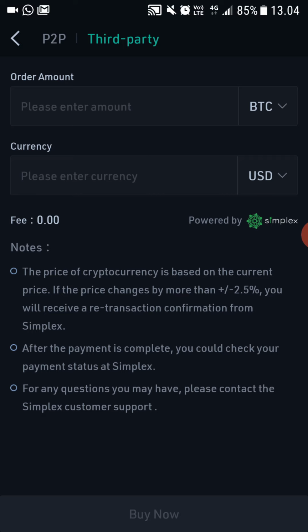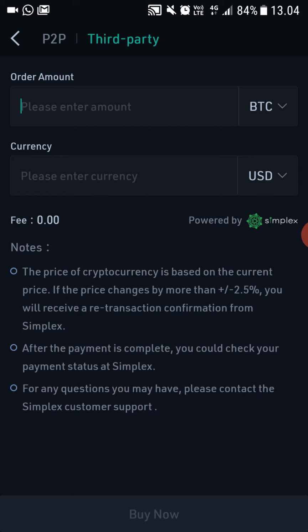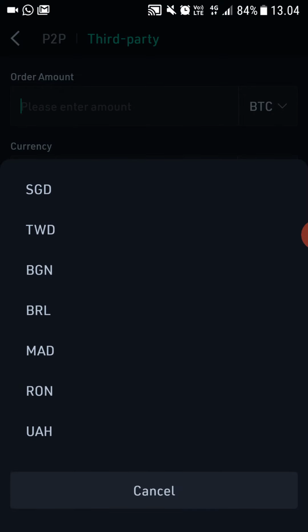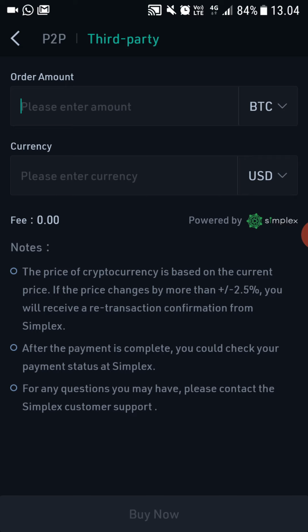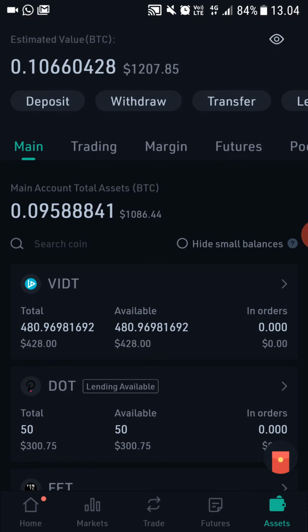So after you have done that, all you have to do is select how much Bitcoin you want to buy. Just type in the amount and then just complete the purchase. By the way, when you click USD, you can select the currency that you want to pay with, okay? And yeah, after you have done the buying, when you go back to your assets, your Bitcoin will show up